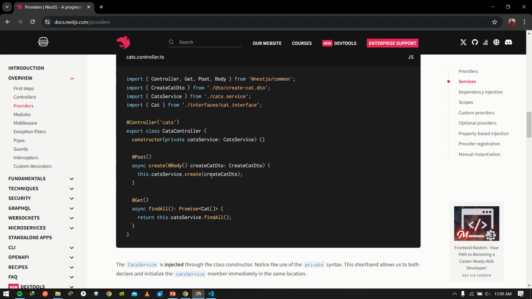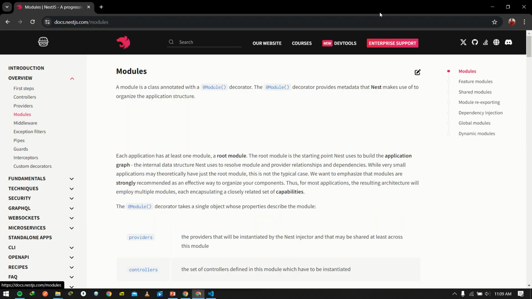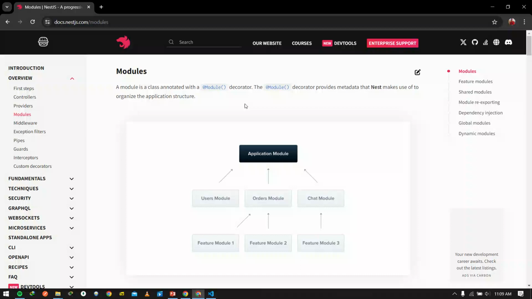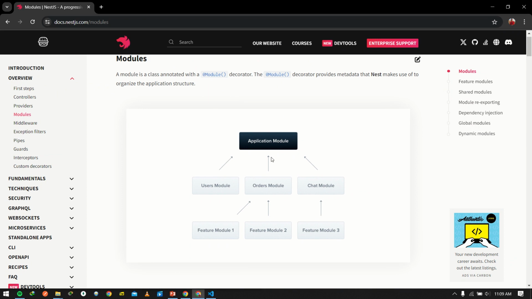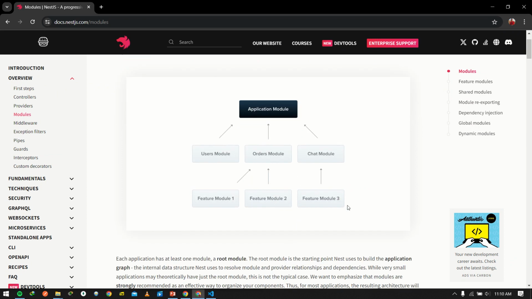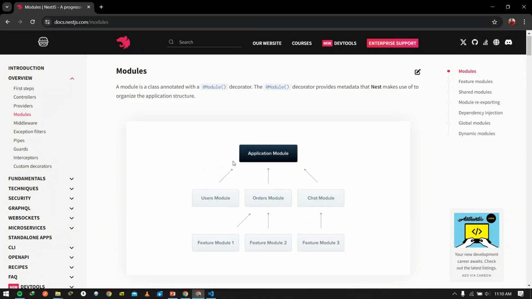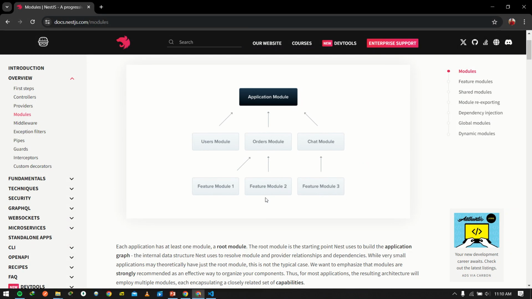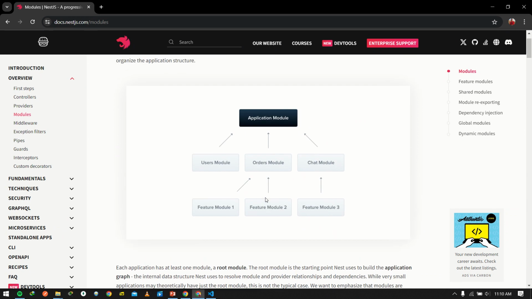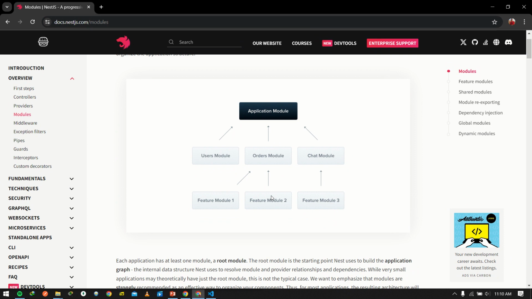That's the provider. And we also have what we call modules. They use the module decorator, and they are simply used to organize the application structure. So the structure of our application will be organized by these module files. The modules file is what links all the other files. For example, in the modules file, you link in the controller, you link in the service for that particular